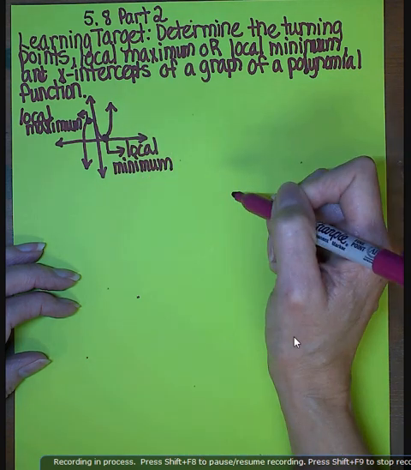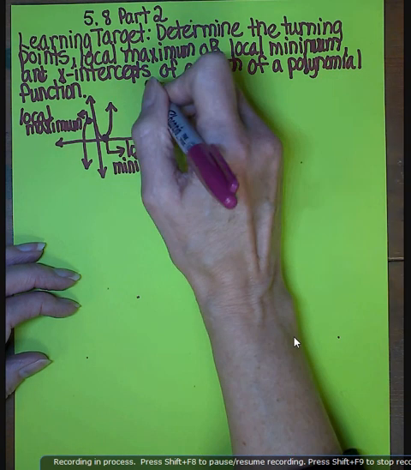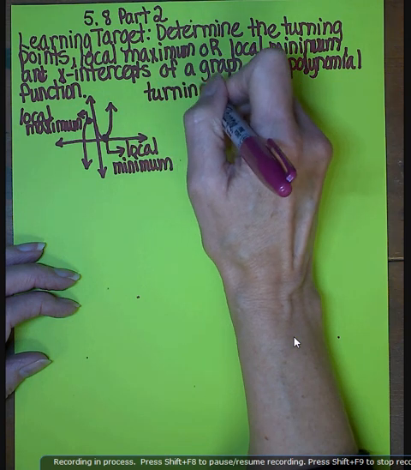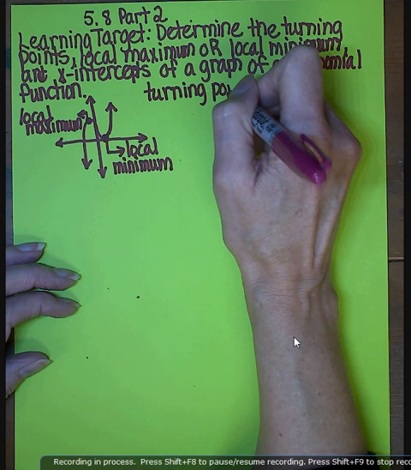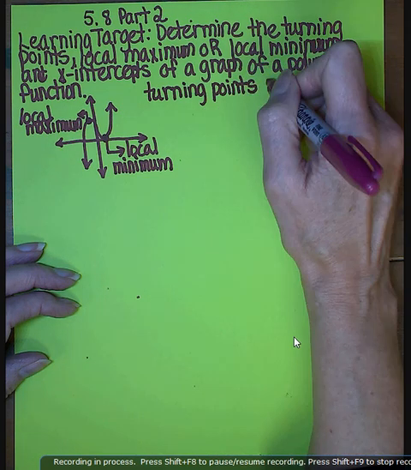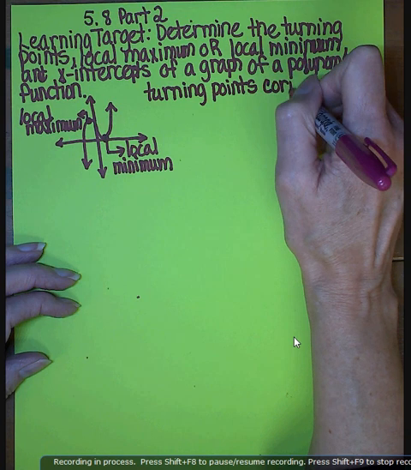Now your turning points, where the graph changes direction, occur at these local maximum and minimum points. So the turning points correspond